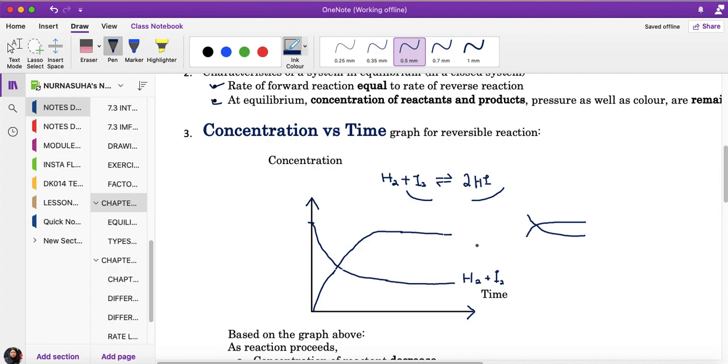Okay, so ini adalah untuk produk. Label produk awak which is hydrogen iodide. Label kat sini juga, ini adalah initial concentration lah. So cari dekat mana graf awak dah jadi straight line, itulah tempat di mana equilibrium